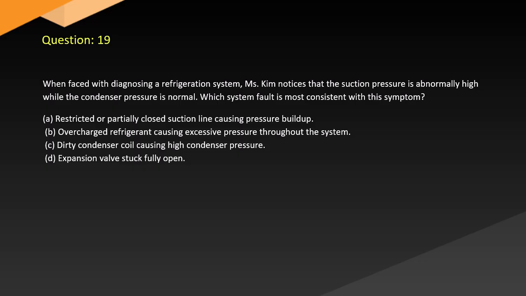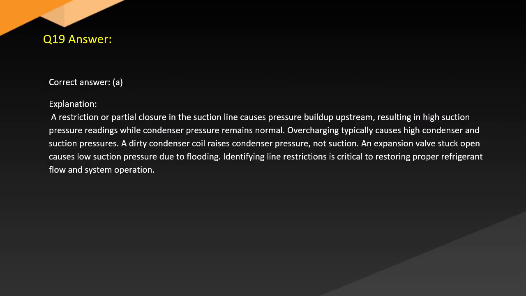C. Dirty condenser coil causing high condenser pressure. D. Expansion valve stuck fully open. Answer. Correct answer. A. Explanation. A restriction or partial closure in the suction line causes pressure buildup upstream, resulting in high suction pressure readings while